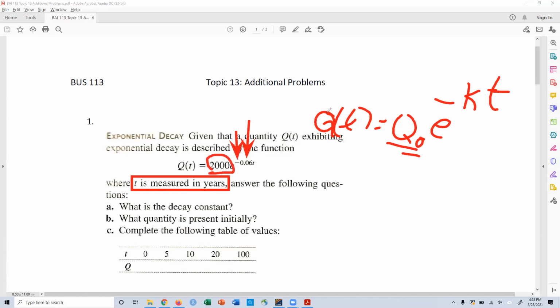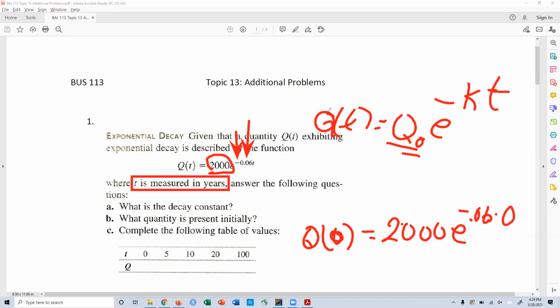Okay, now we're going to complete the following table. So this is just simply plugging in for t. You want to make sure that you can do this on your calculator. The first one is going to be Q of 0. That's a 0. And we know that it's 2000 e to the negative 0.06 times 0. And that's just going to equal